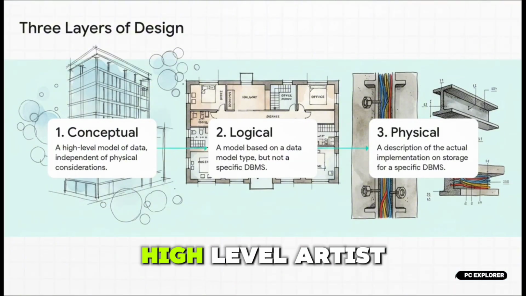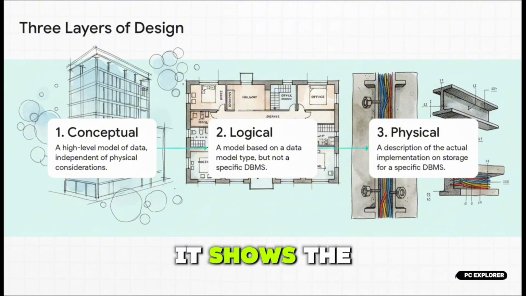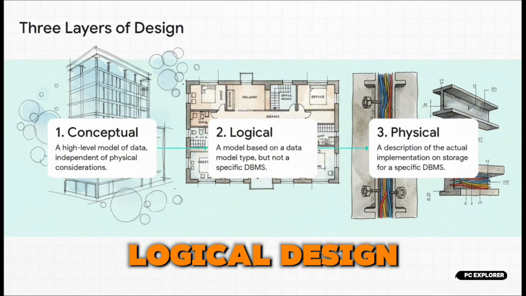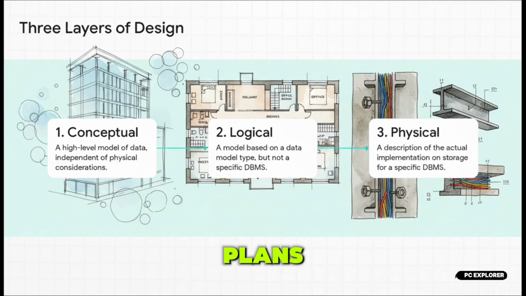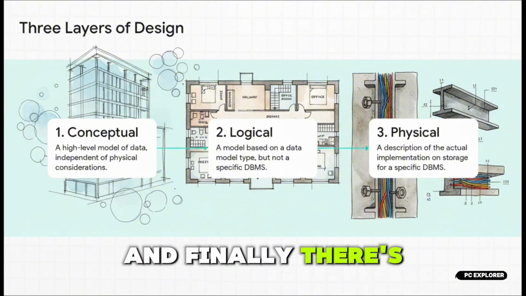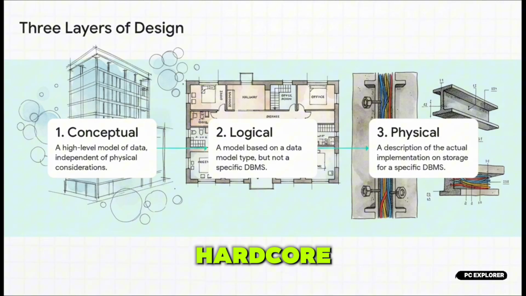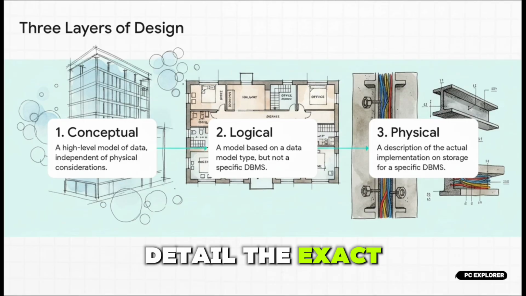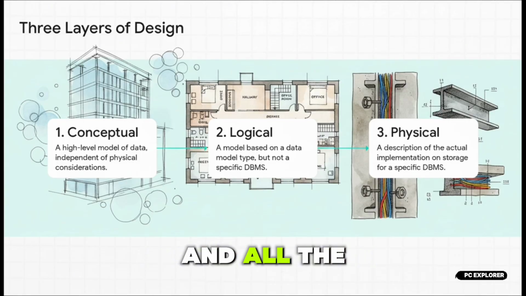Just think of this as the high-level artist's sketch. It shows the building's overall shape and function. Next is the logical design. This is like the detailed floor plans, showing all the rooms and how they connect, but without getting into, say, the brand of drywall. And finally, there's the physical design. These are the hardcore engineering specs that detail the exact steel beams, the concrete mix, and all the electrical wiring